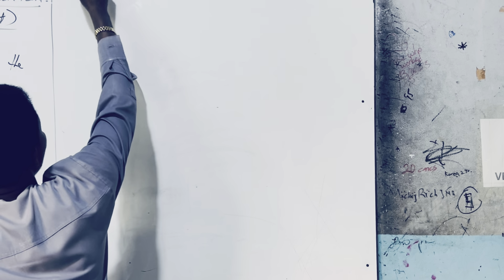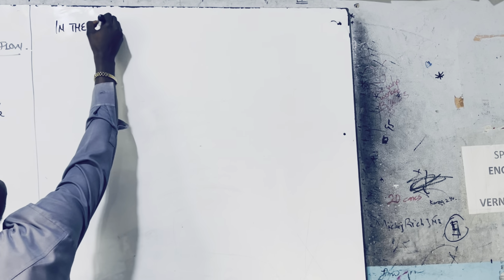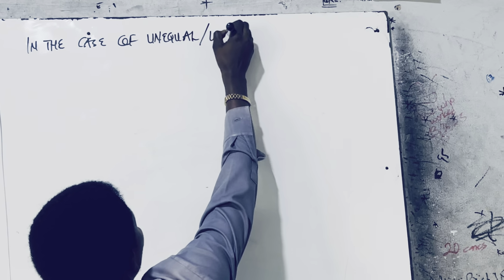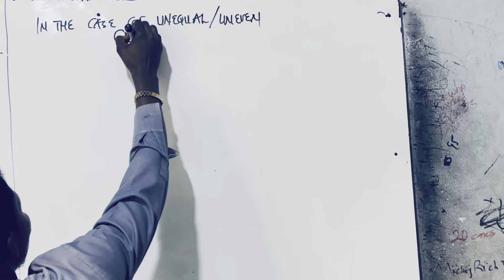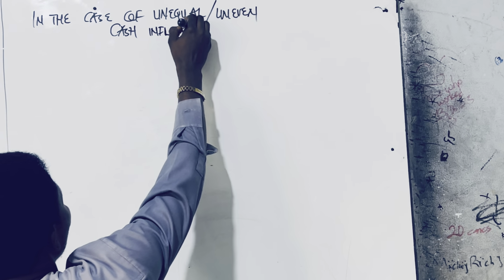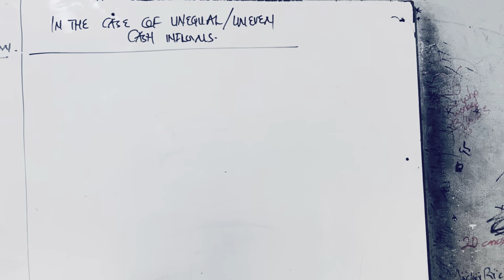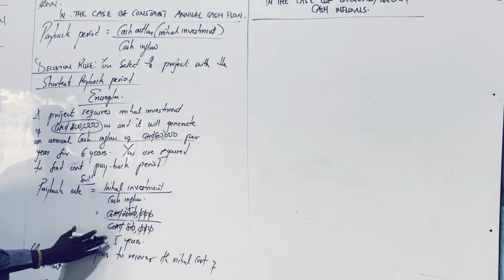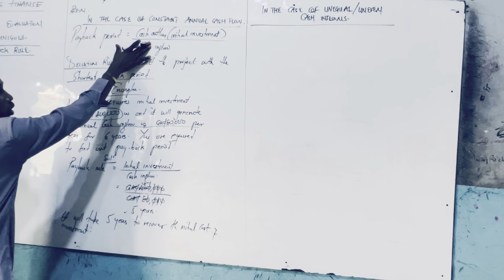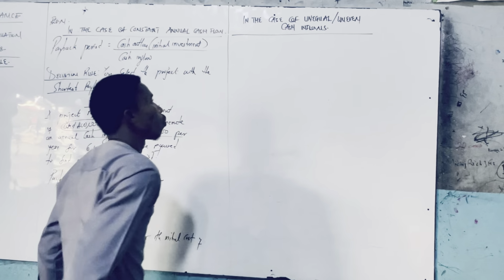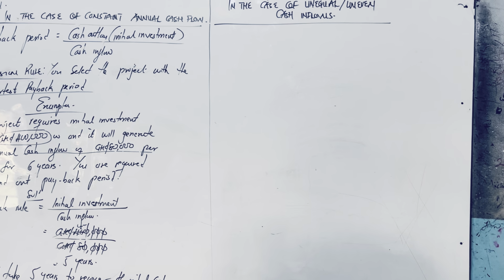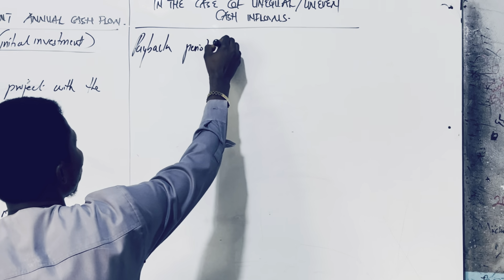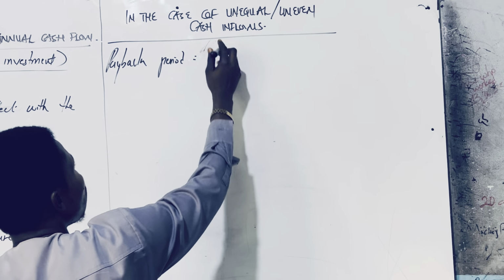Right, so now let's come to case 2. And we said in the case of, let's say, we have unequal or uneven cash inflow. Remember, we said in the case of constant cash inflow, this is our formula. However, where we have unequal or uneven cash inflow, our payback rule or period is giving us